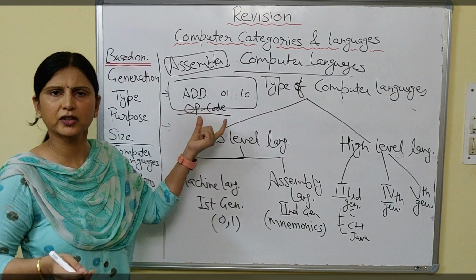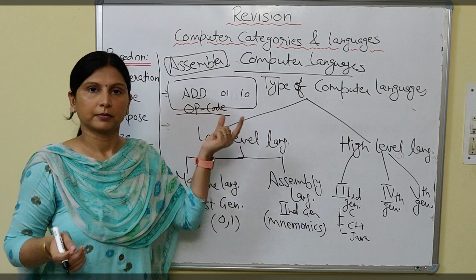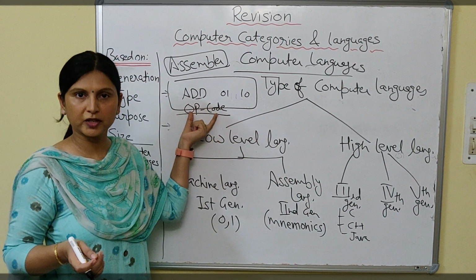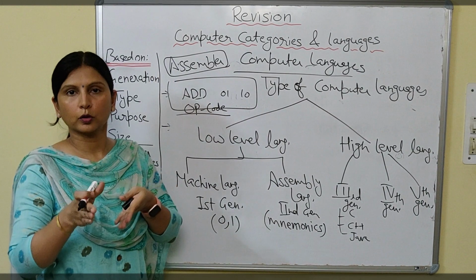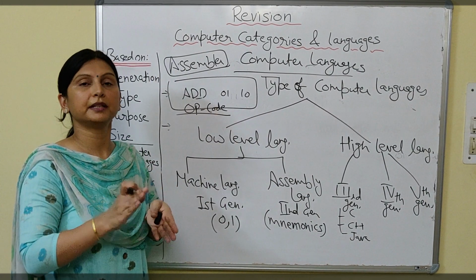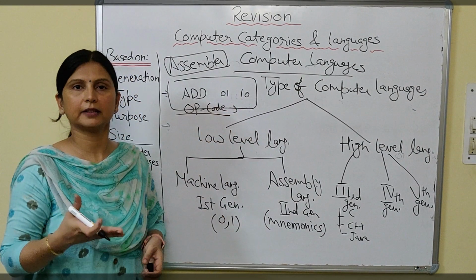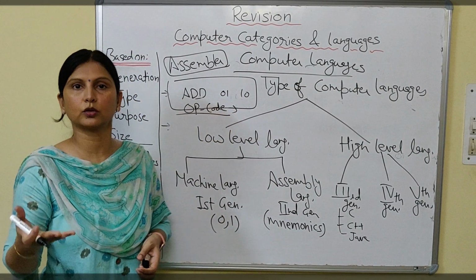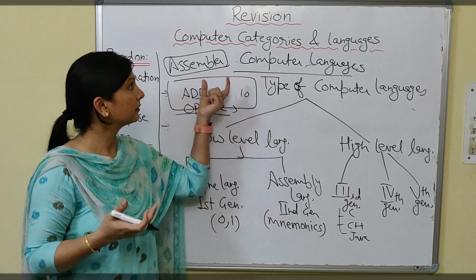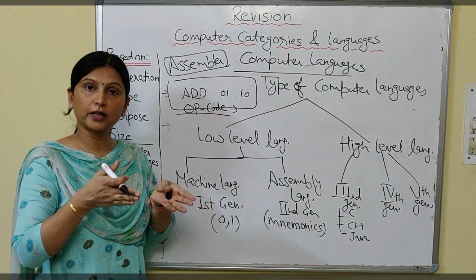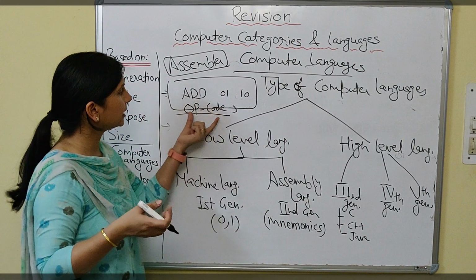In a few books it is mentioned, otherwise directly we can say it converts the mnemonics into binary. But in a few books opcodes are also mentioned. So first the mnemonics will be coded into opcodes and then opcodes will be translated into machine code. Fine, because ultimately we have to convert into machine code or binary code. This is the use of assembler. So assembler converts mnemonics into binary code, but the intermediate code will be opcode.